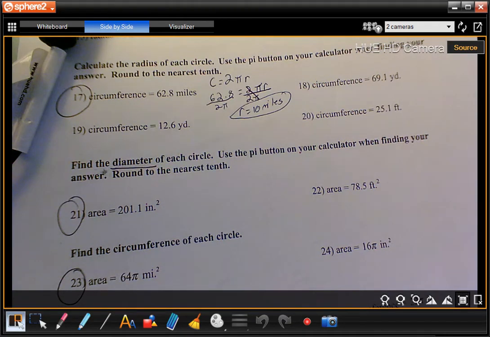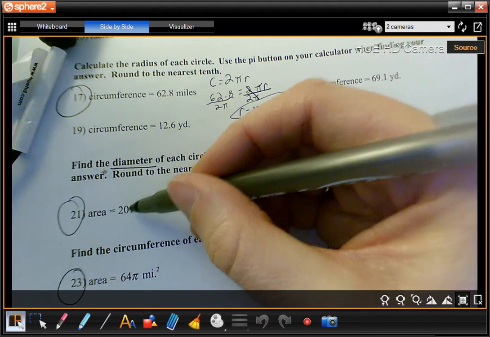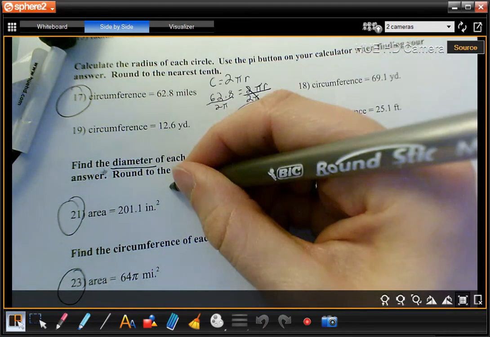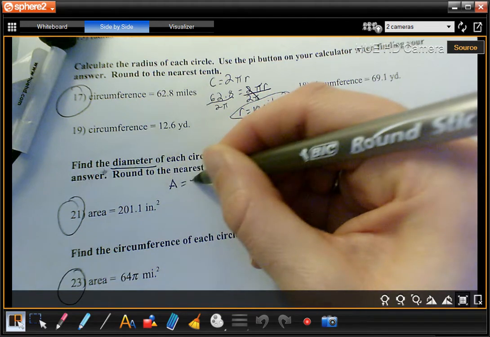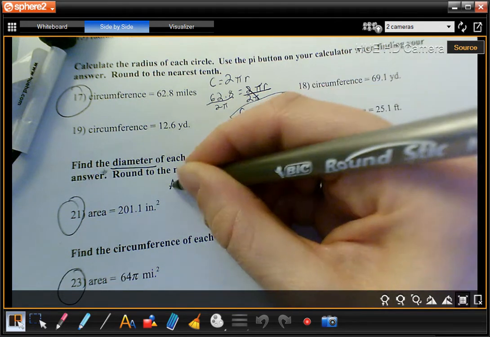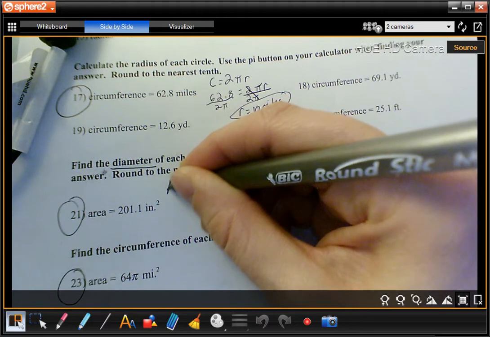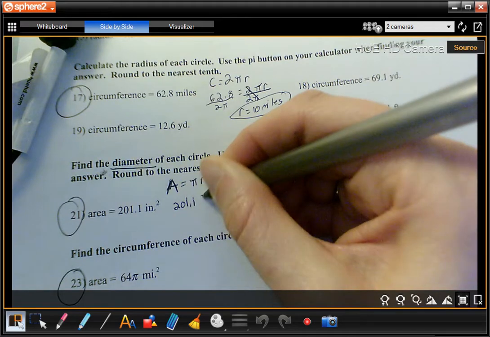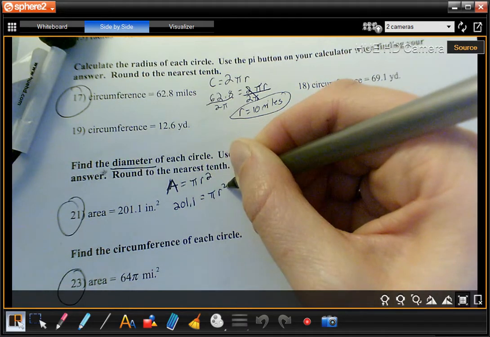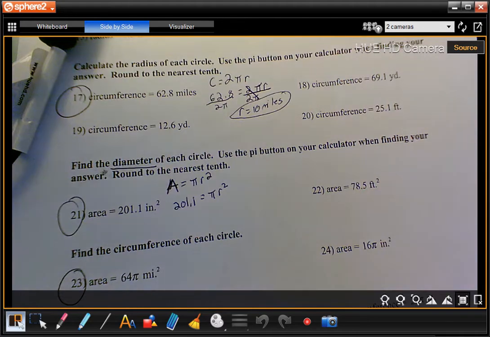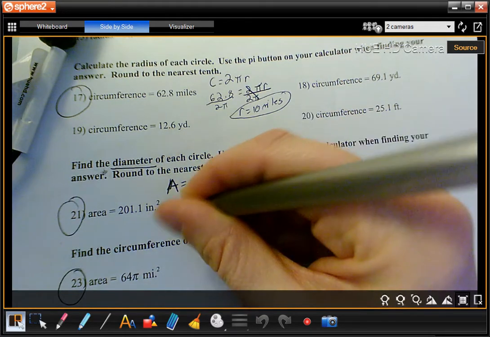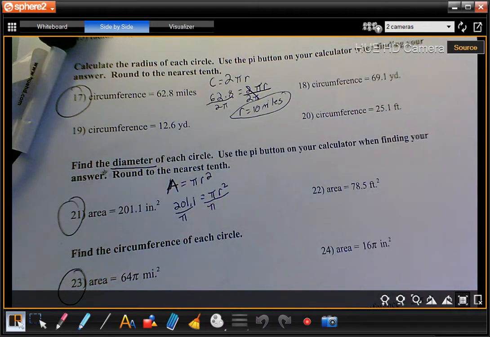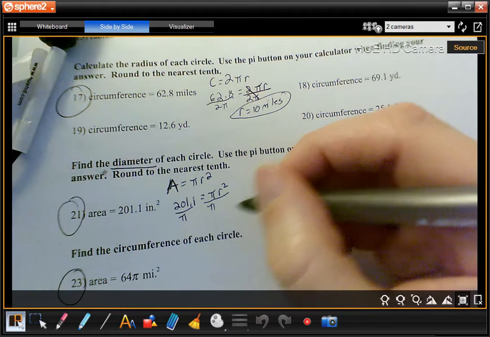So we're looking right here, and we know that the area is 201.1 inches squared. So if we know that the area formula is area equals pi r squared, we're going to replace A, which stands for area, with this number. So we're going to go 201.1 equals pi r squared. First thing we're going to do is divide by pi, or divide by 3.14. You can just think of those as kind of interchangeable at this point. I prefer the pi button, but I know a lot of you don't have a calculator with that. So we get